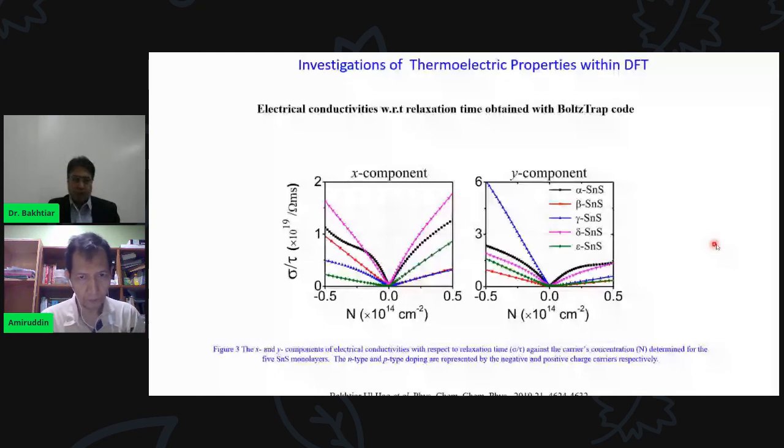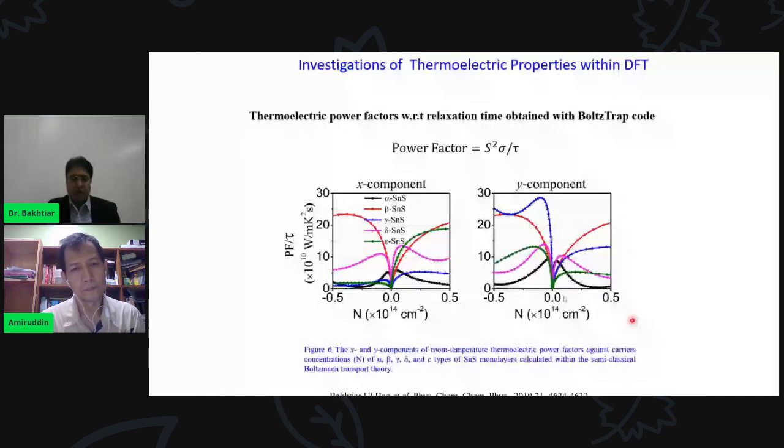We calculated this against the carrier concentration. Here is the Seebeck coefficient calculated in the BoltzTraP code against the carrier concentration. Here are the power factors with respect to relaxation time that have been obtained from the Seebeck coefficient and electronic density, like this. So these results are obtained against the carrier concentration, but one can also get results against the